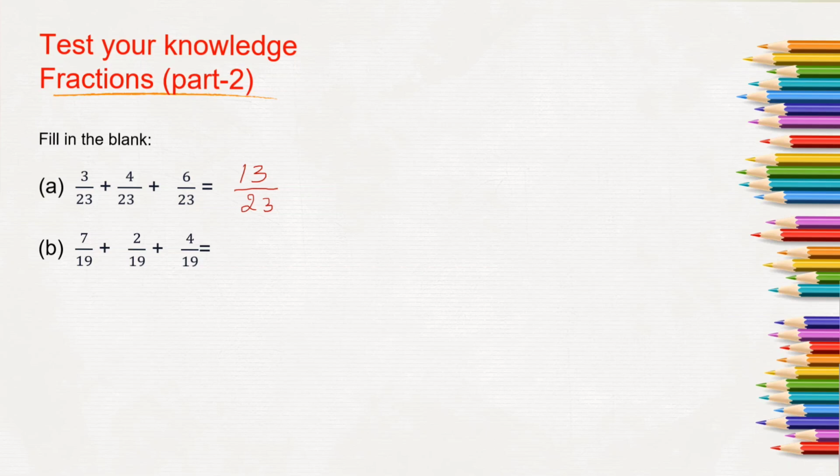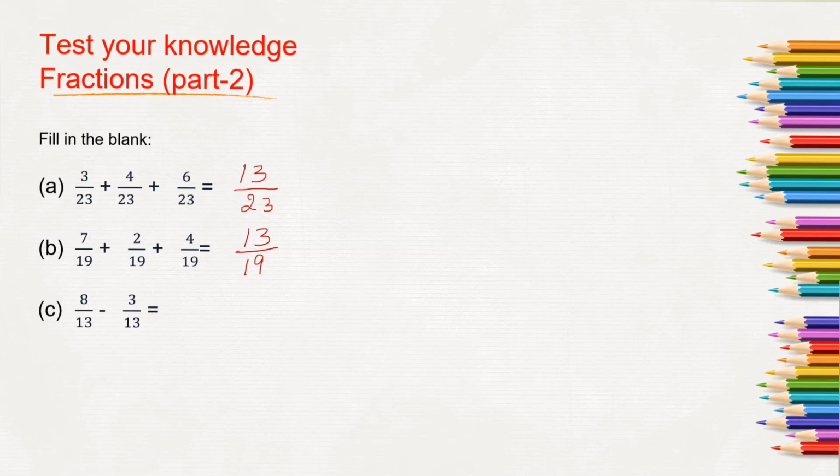Similarly, next question, here also in the second question, all the denominators are same. So we'll write the denominator as it is, 19, and we'll add the numerators. 7 plus 2 will be 9, 9 plus 4 will be 13. So it is 13 by 19. Next one,